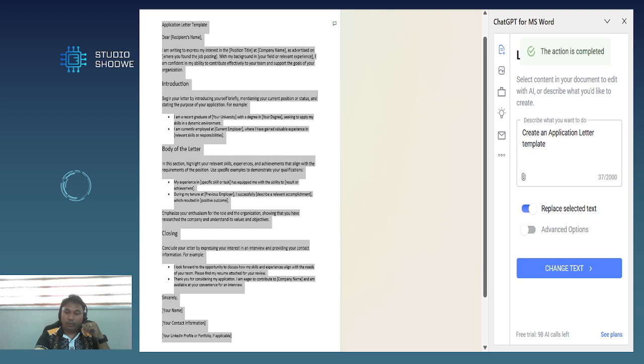Then, after you click create text, here in the arrow, this is the AI at work. This is the output of the AI when you prompt it to create an application letter template.